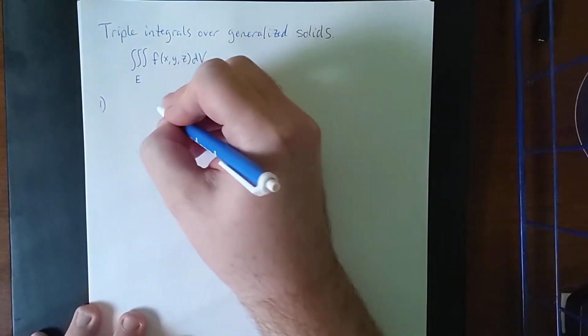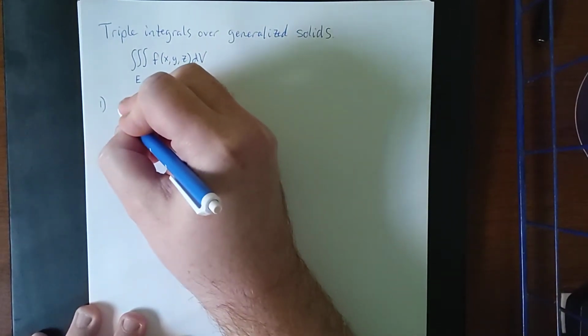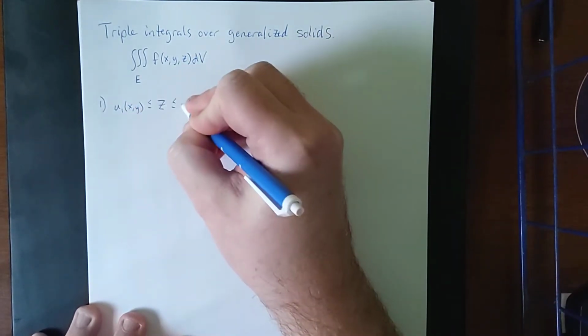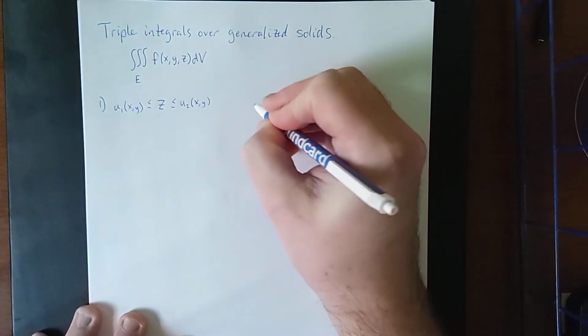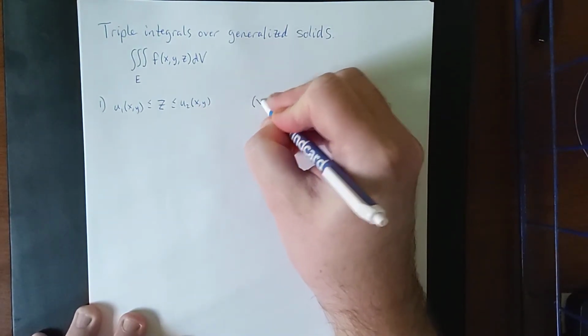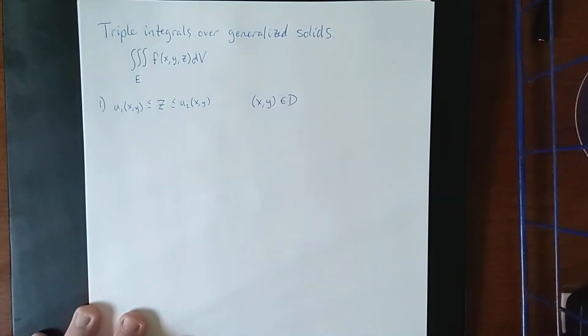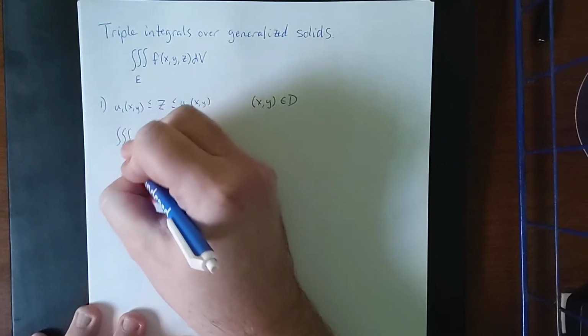So there are three possibilities for the kinds of things that we could potentially see. First one being that z is bounded between two functions of x and y. We'll refer to these as u1 of x and y and u2 of x and y. Then we'll say that all of the ordered pairs x and y can be found within some domain D. Now, if this is the case, that means that we can turn our triple integral